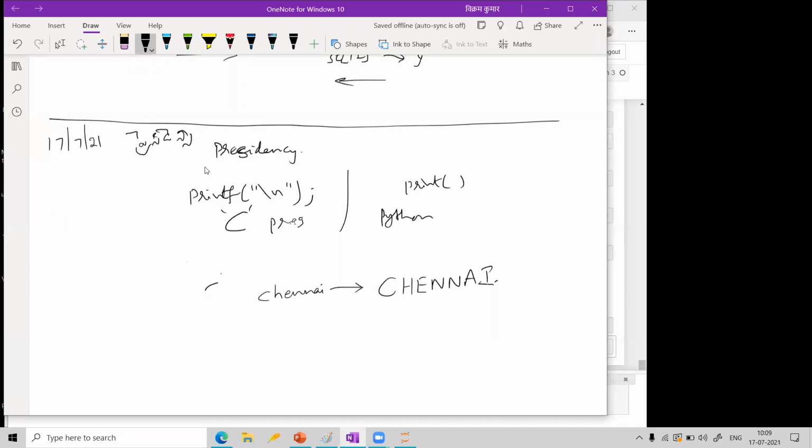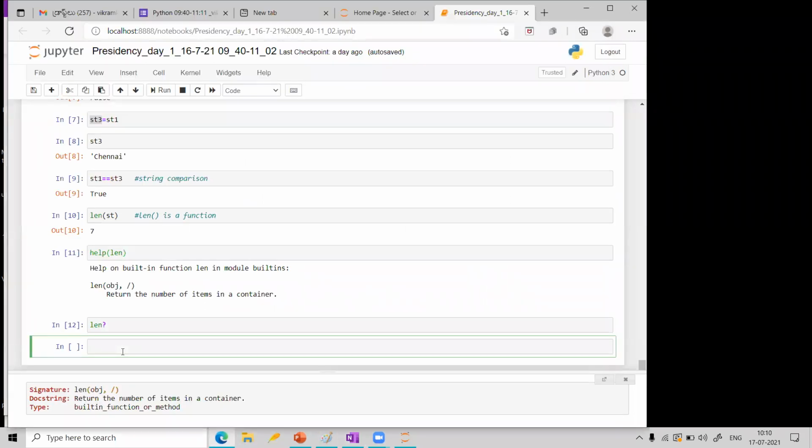So what I can do? Let us see now. I will write st dot upper. So it will convert that string into upper case. Okay, right. Let us see now.